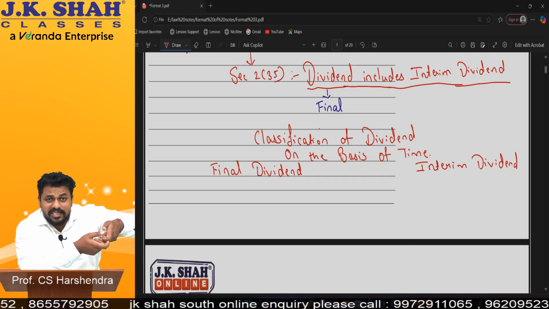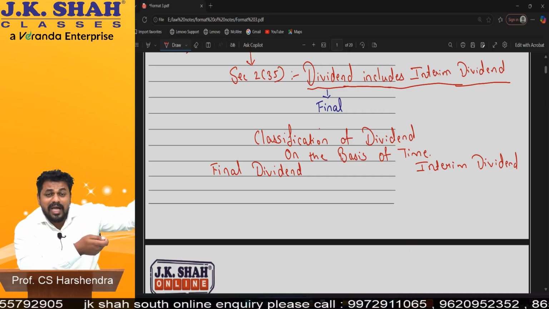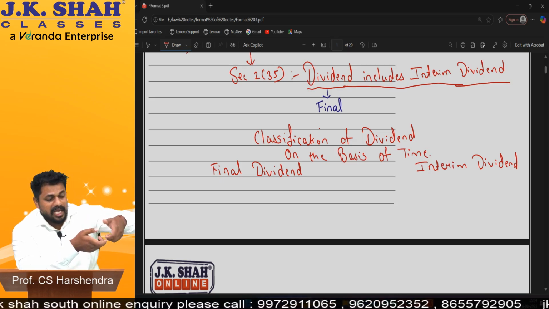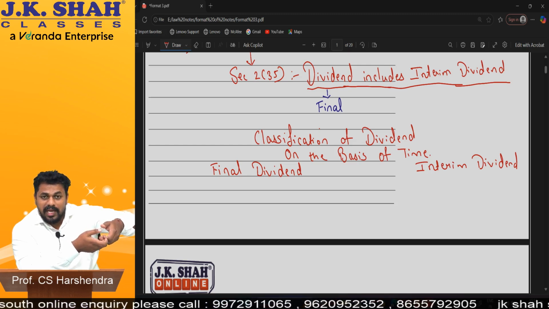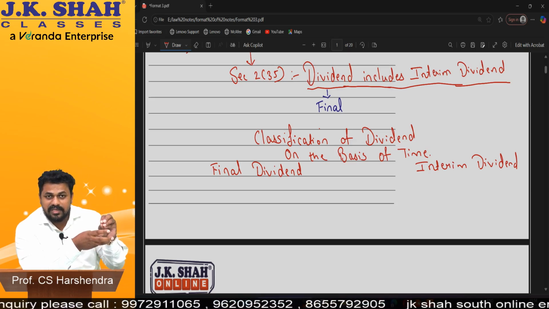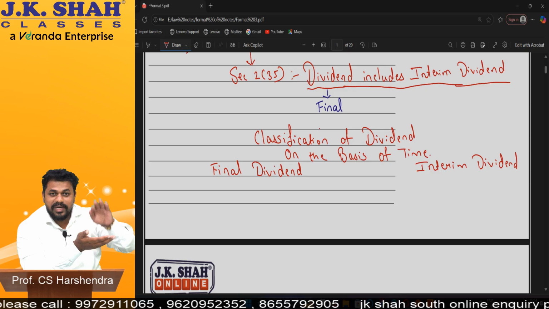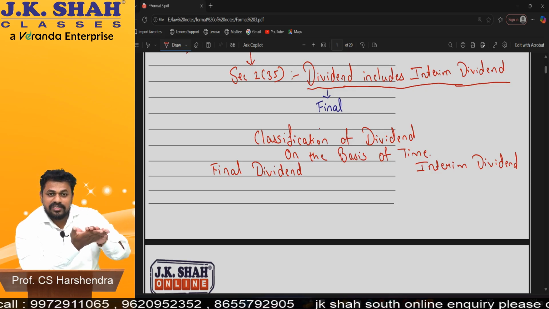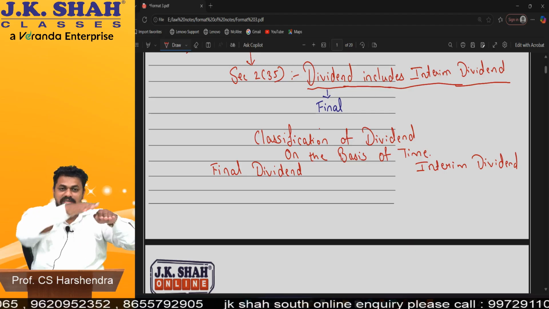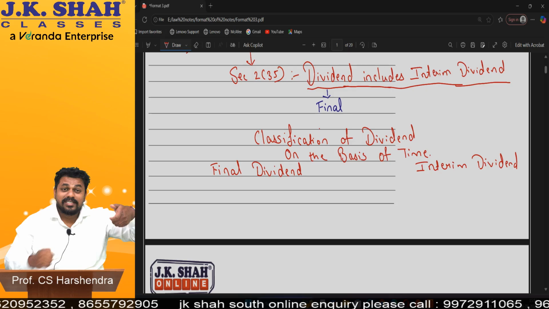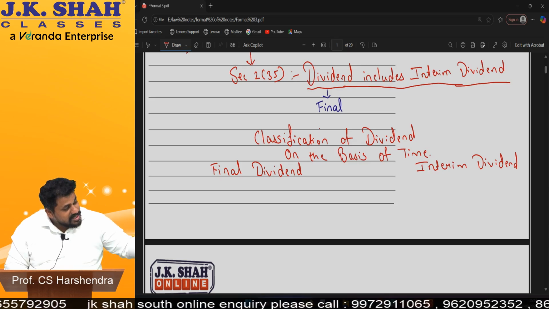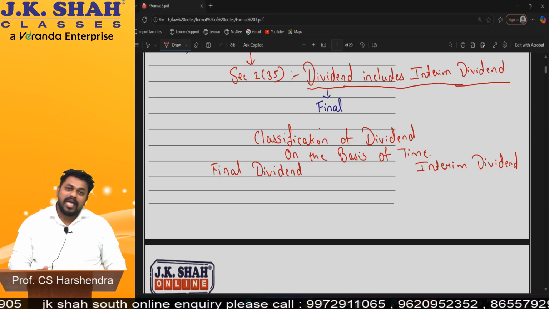Now these three things have to be approved in the annual general meeting. You might have heard this word, annual general meeting, AGM. That's the reason in this board meeting only, we finalize the date of the annual general meeting. So the notice of the annual general meeting is drafted and placed along with this document. So now what we have? Notice of annual general meeting, financial statement, auditor's report, board's report. This whole bunch is called the annual report. Now this annual report is sent to the members 21 days before the annual general meeting.